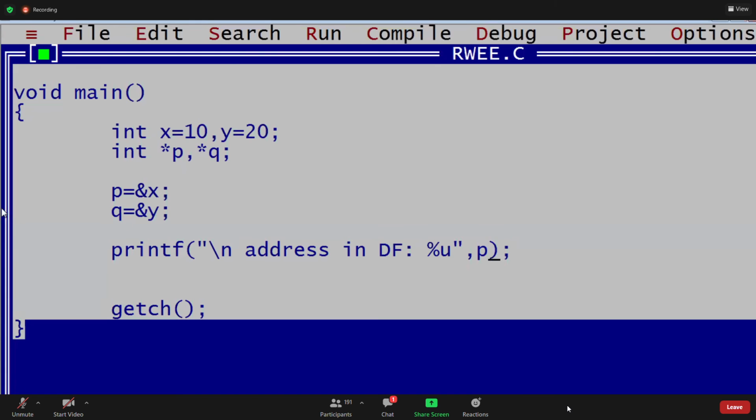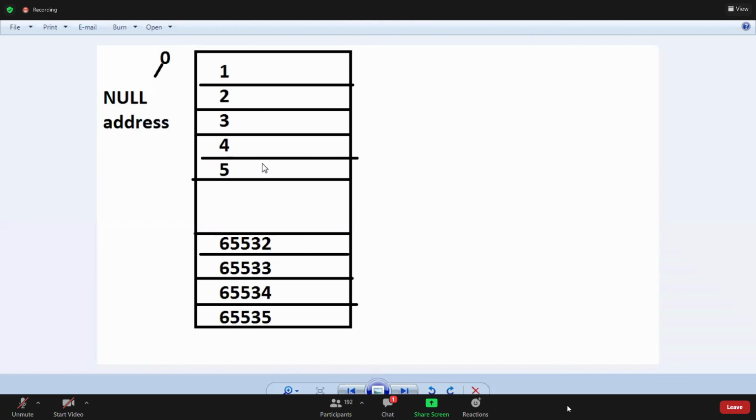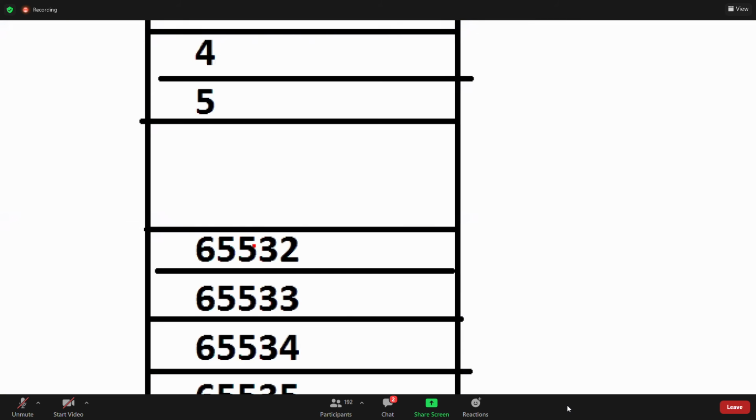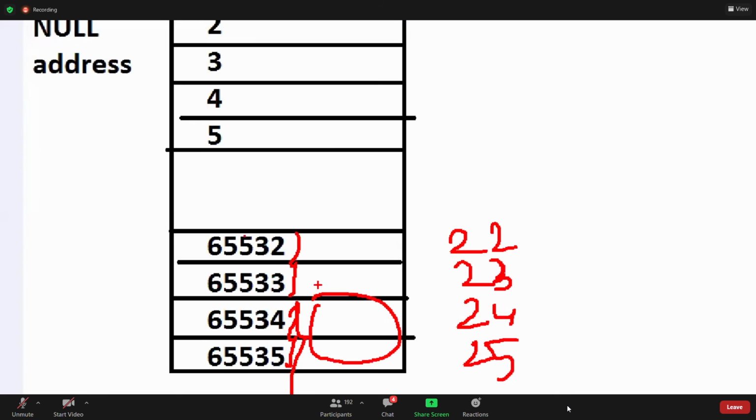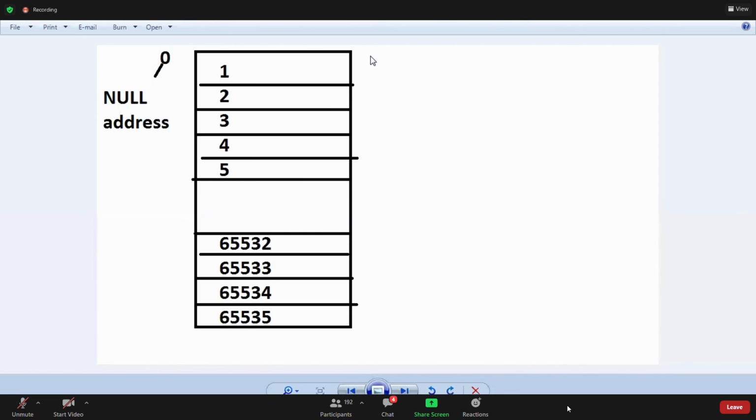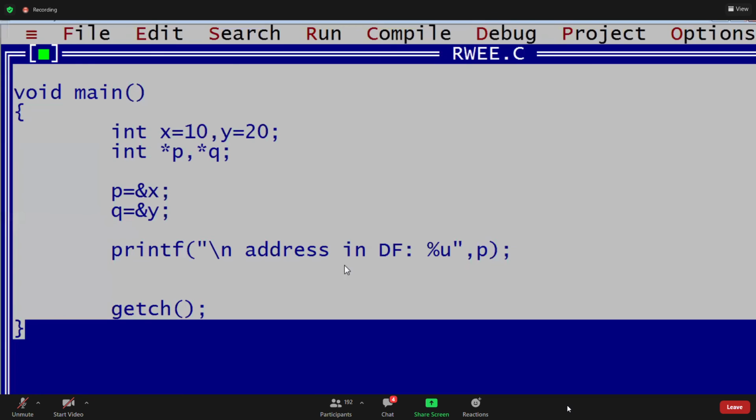Y value is stored in? Guys, can you guess? X value is stored in 24 and 25. I told you about the stack diagram. For example, X value is stored in these 2 bytes, and the Y value will be stored in the next lower bytes. X is stored in 24 and 25, so Y value is stored in 22 and 23. Clear? You may doubt why it is not starting from 34 and 35. Already I told you, guys: the data is already there, so it checks the next 2 bytes. Yeah, very good, Vikesh. See this. You got that, right?